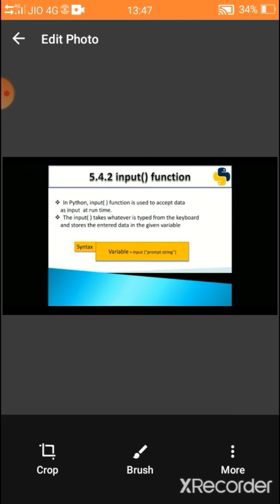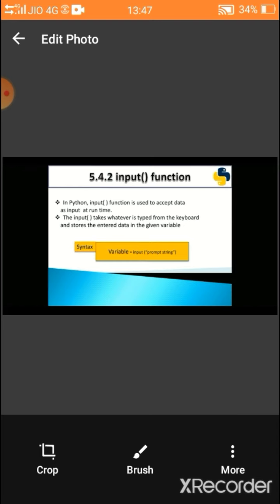Do you all remember how we get input in a C++ program? We use the cin keyword and the extraction operator, the two greater-than operator, for input.